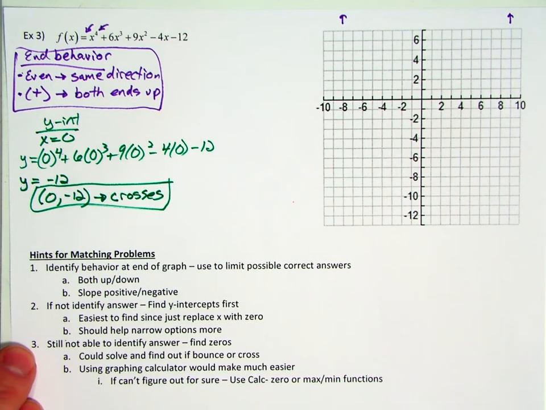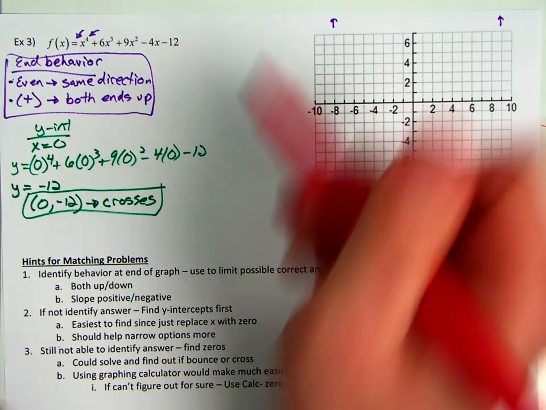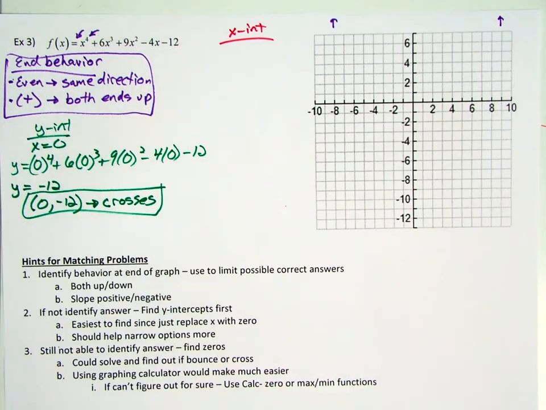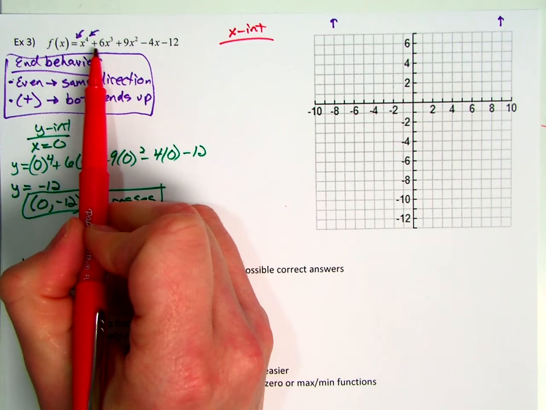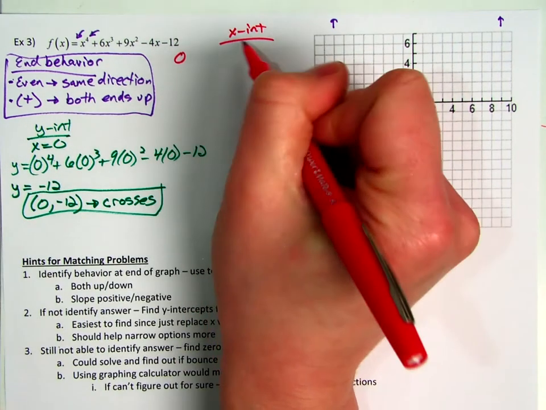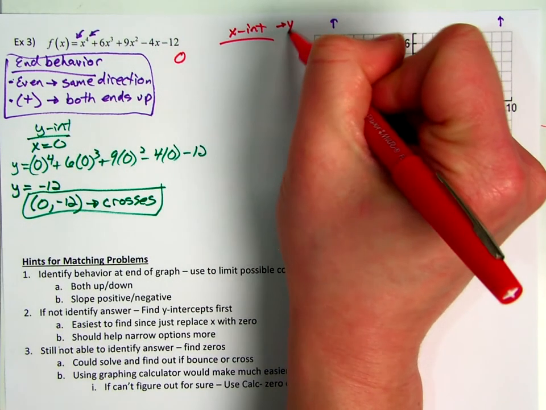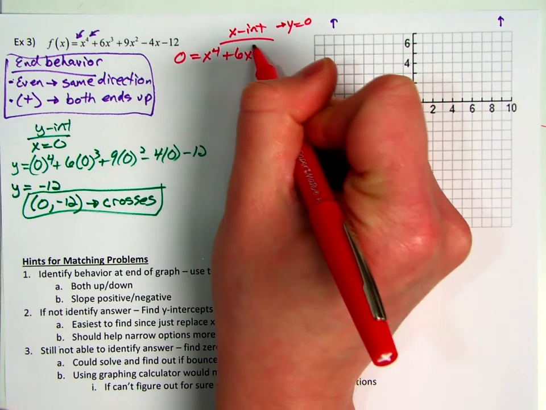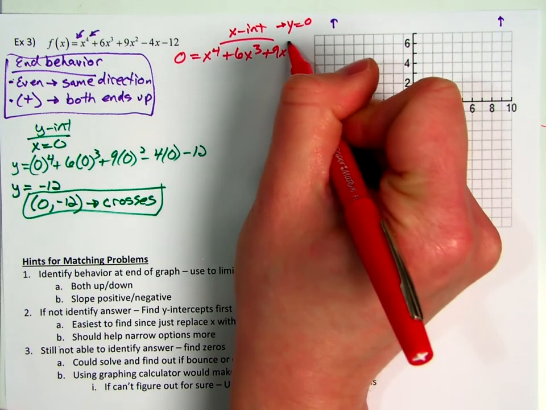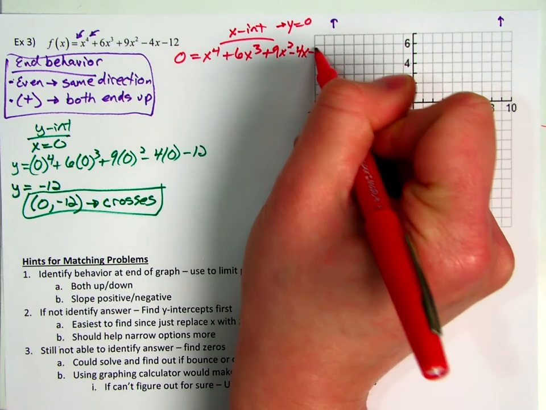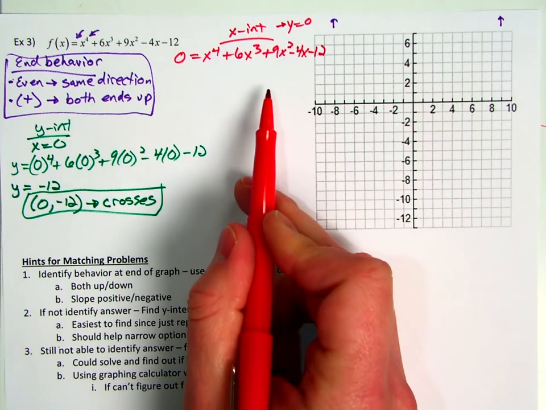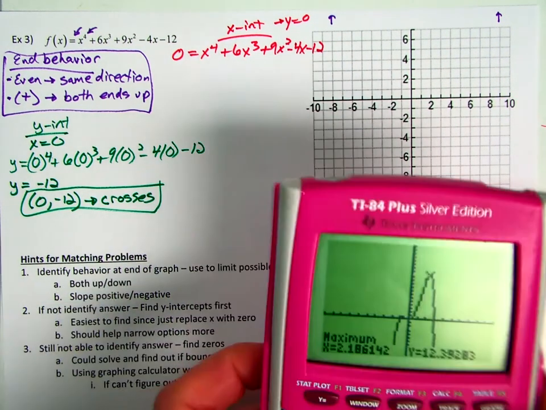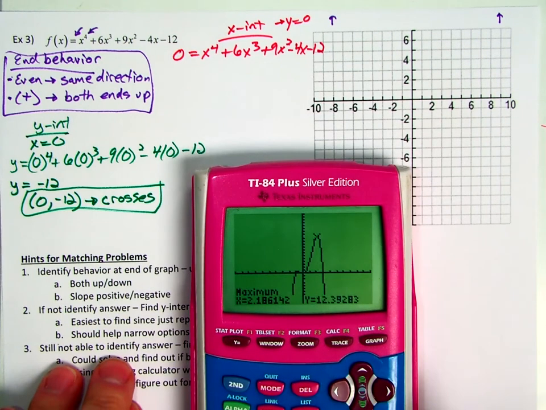So now I need to start thinking about my x-intercepts. Now because this was a 4th degree, this one's going to be a little bit more difficult because I can't factor this. Remember, x-intercept means that y equals 0. So it'd be 0 equals x to the 4th plus 6x cubed plus 9x squared minus 4x minus 12. In this case, I can't actually factor by grouping because there's more than 4 terms. That means we're going to have to do like we've done in the past to find the zeros,